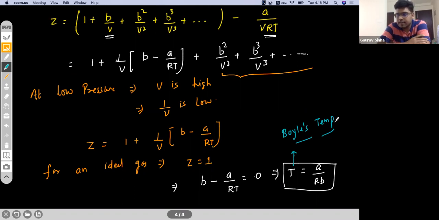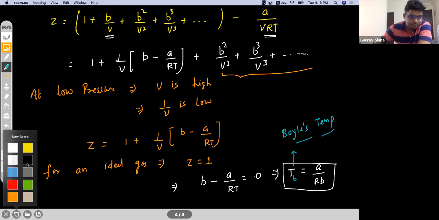Temperature at which a real gas behaves as an ideal gas at low pressure. This is Boyle's temperature, which we also call TB. That you can also write: Boyle's temperature, TB, is equal to